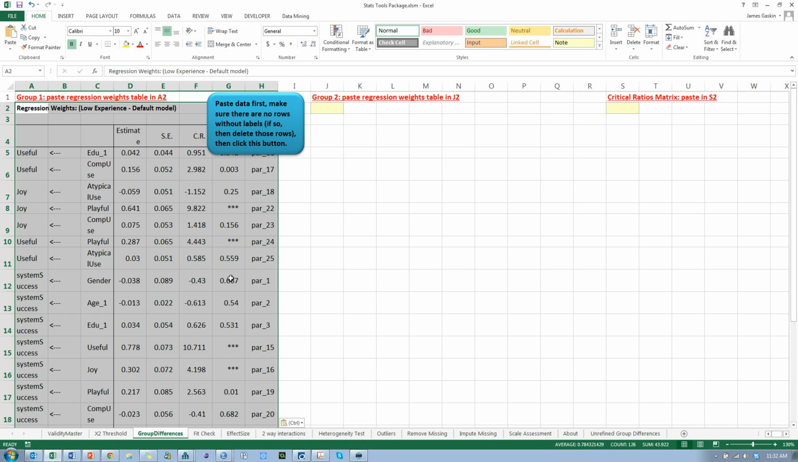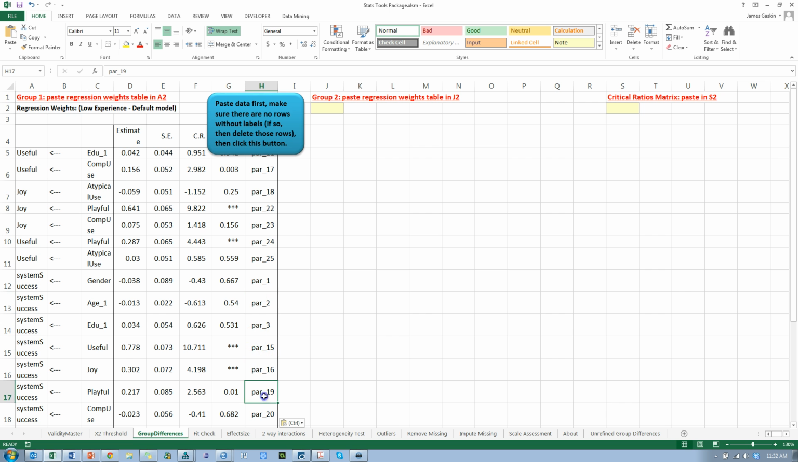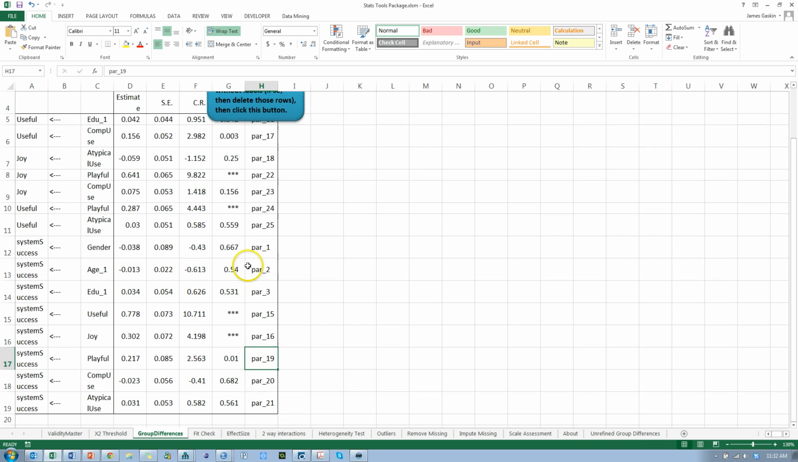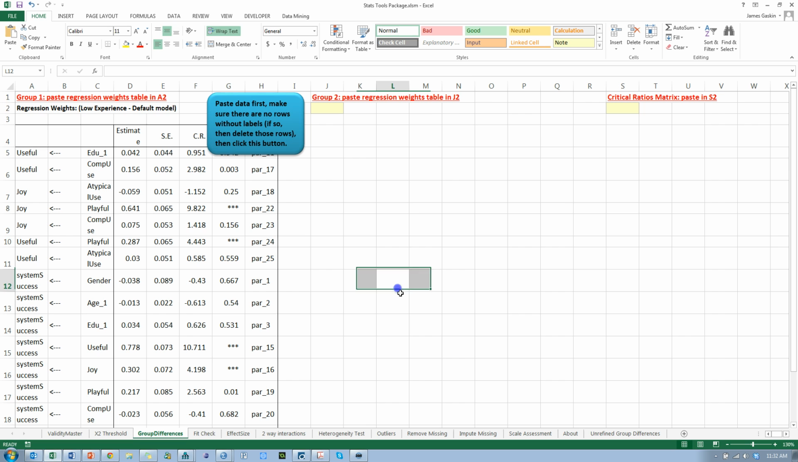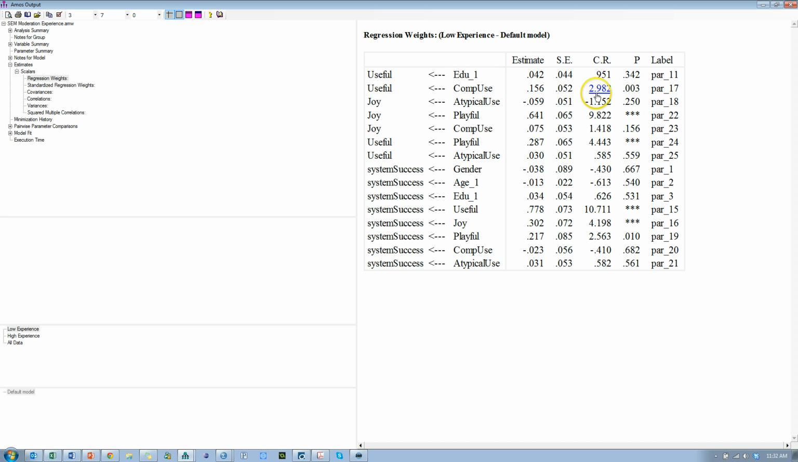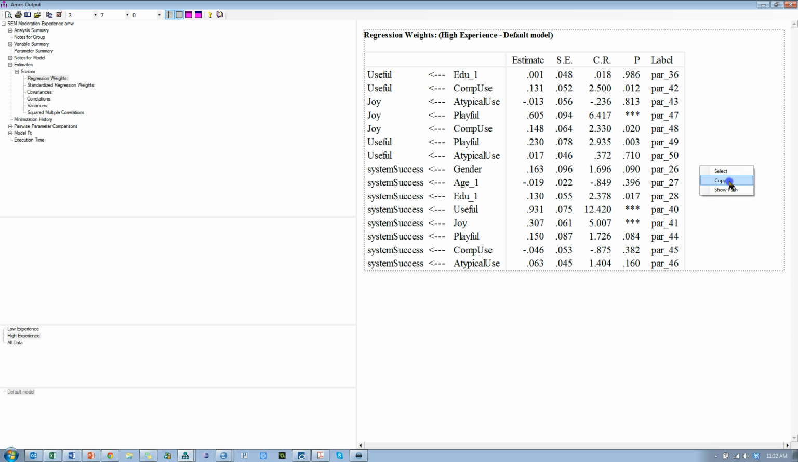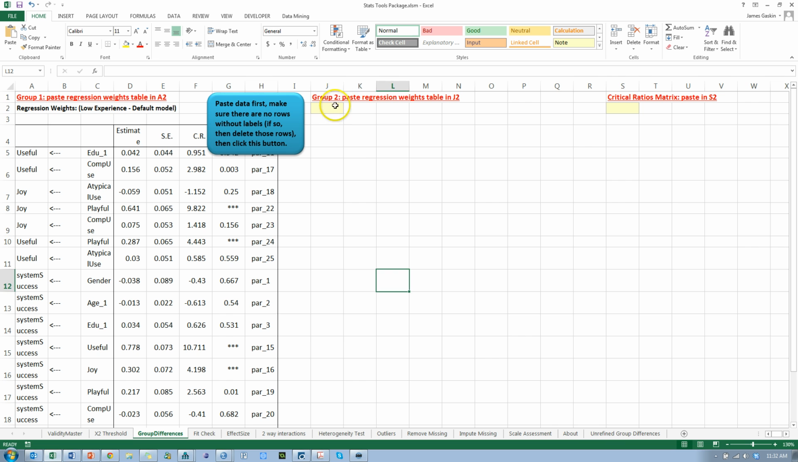Now, if you're using the hybrid model with latent factors, you'll probably have some labels that are missing, like we did in the invariance check. You'll need to delete those rows like we did in the invariance check. So we copied over the one for low experience. We need to click down here on high experience to change these values. Copy, paste,